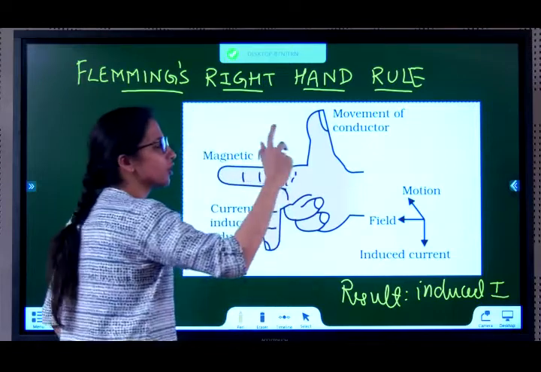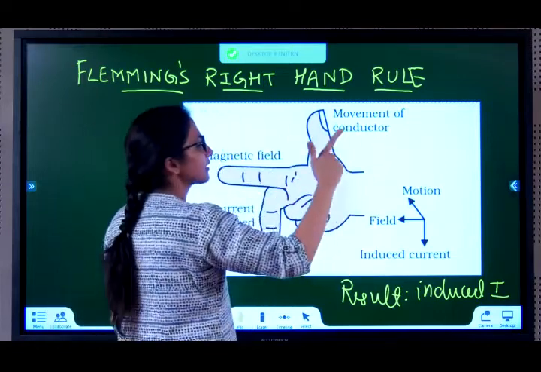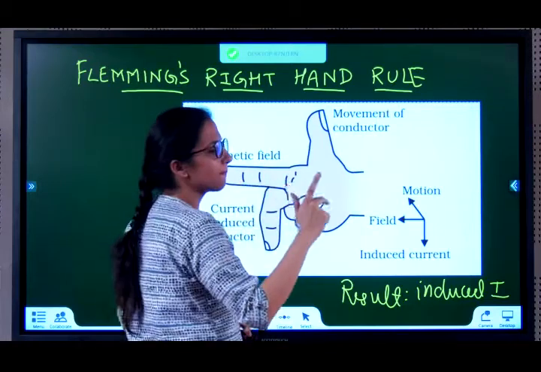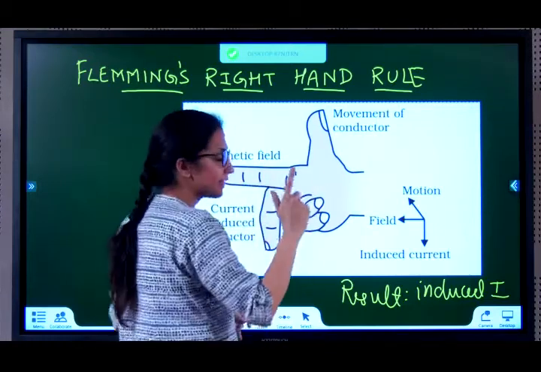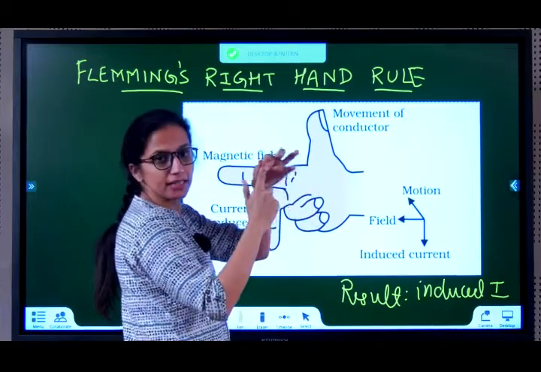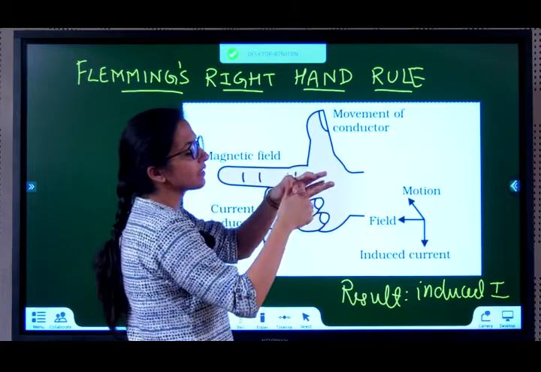This is current. So this will be your last finger that you will take. Stretch your right hand such that the thumb, index finger and the middle finger are all mutually perpendicular to each other. Then, if the direction of magnetic field is indicated by the index finger and the direction of